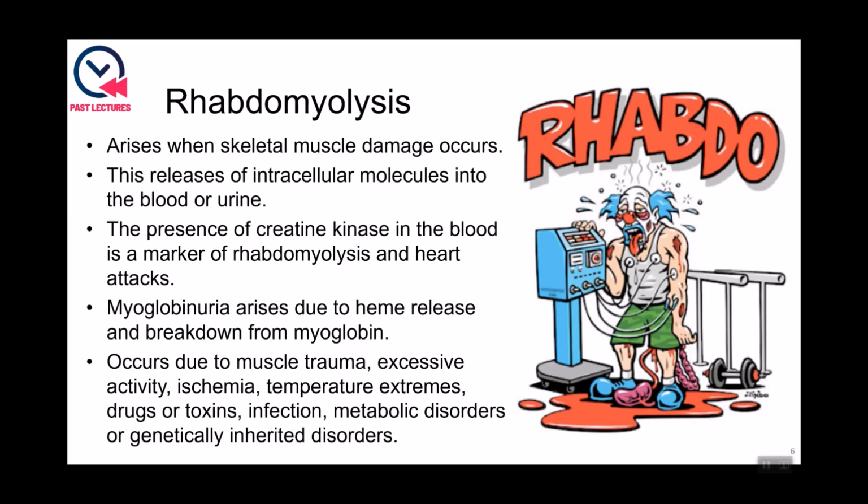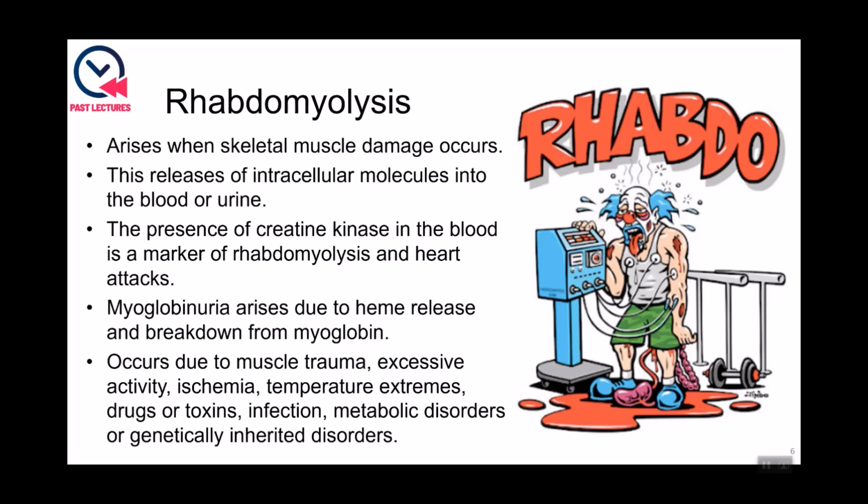So let's look at some case studies. Rhabdomyolysis is a syndrome that occurs whenever there's damage to your skeletal muscle. Rhabdo just means rods or wands, and this refers to the structure of the cells and structure of the muscle cells, or the myo part, and lysis just means breaking. So whenever these muscle cells are damaged, they can release their intracellular components into the bloodstream, and clinical biochemists and